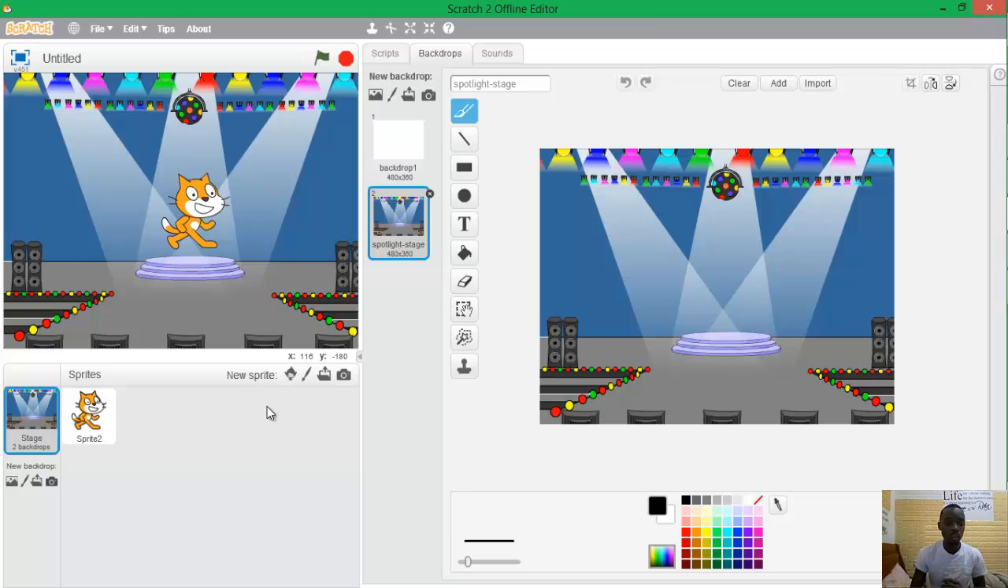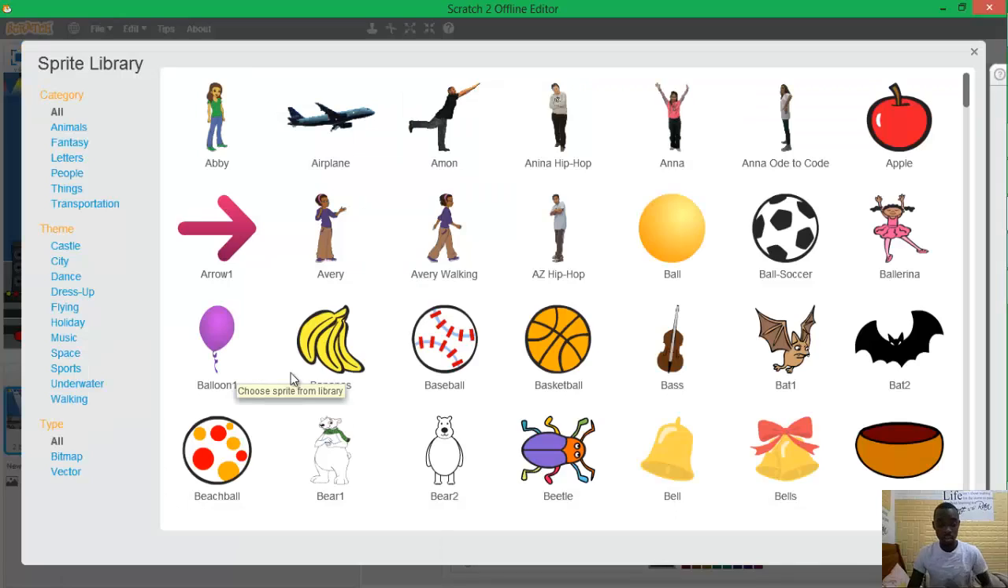So here you see the sprite. It simply means an object that we use. Like this thing is an object, but we also refer to them as a sprite. So we can add another one to also be part of the dance group. So I'd like to add